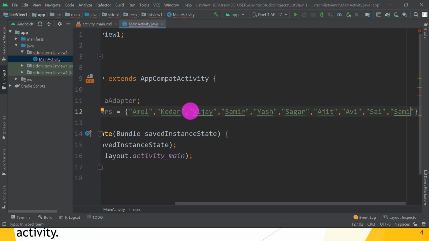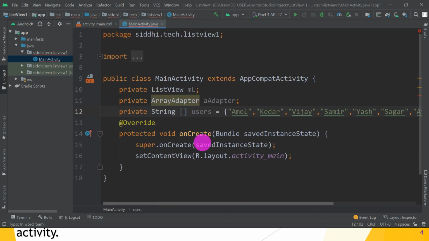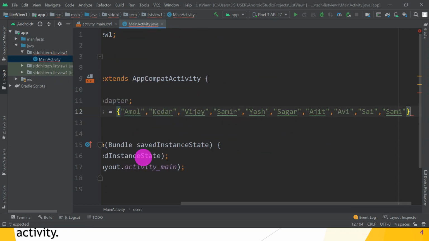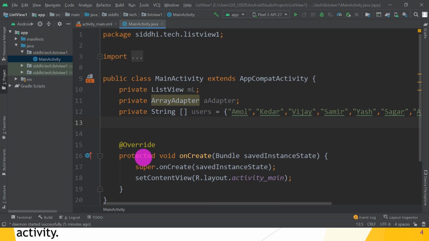Great. So these are the different users list, and this list is stored into users. Great. Give the semicolon.